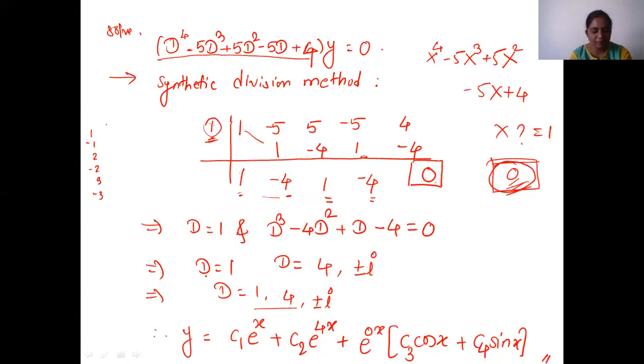Once again, press the calculate button, X ASCII, write -1 and equal. What is the value? 20. It is not 0. Yes, the value is 20, not 0. If it is not 0, then the x = -1 we put is not the root. Can you see?